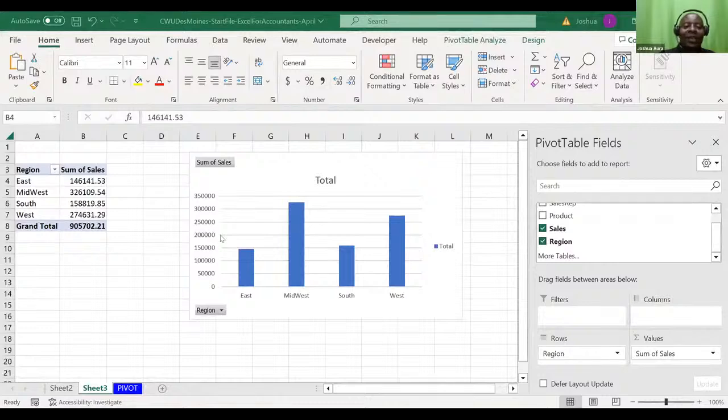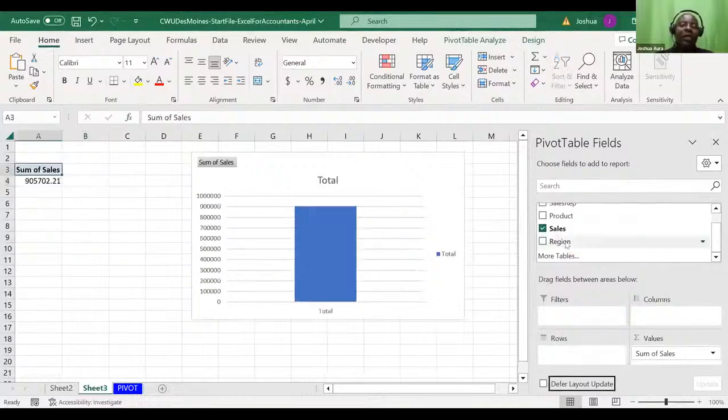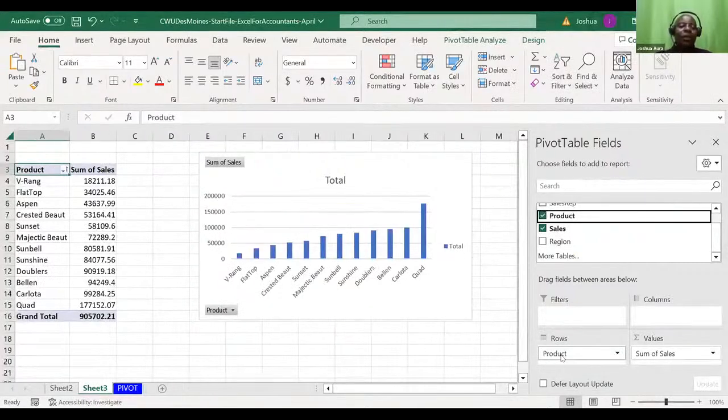Okay. So what I've done, ladies and gentlemen, if I would go back a little bit, what I did, initially I had products here. So please allow me to take this region. I just want to drag this region back. Let me just return it back to the sender, like that. And then I can take back my products here, which were here initially. The pivot, that's why we are calling it pivot. You can change it as much as you want.